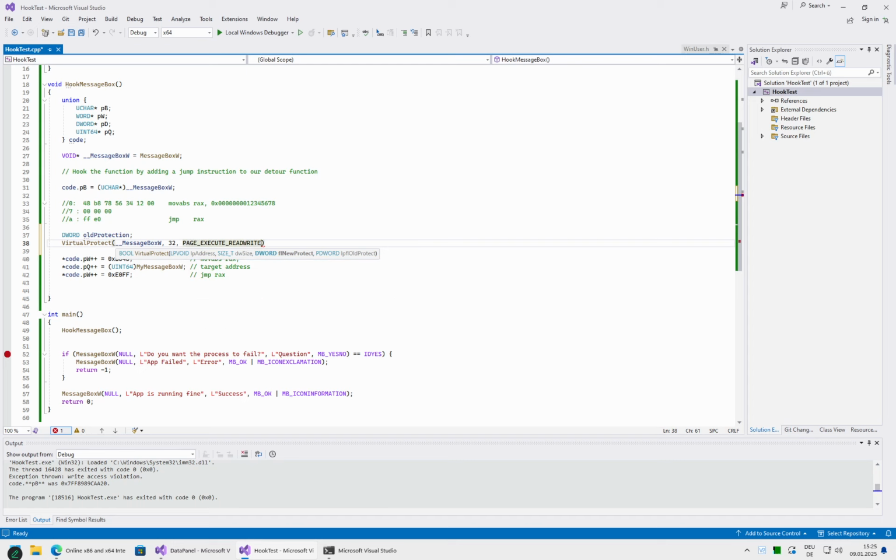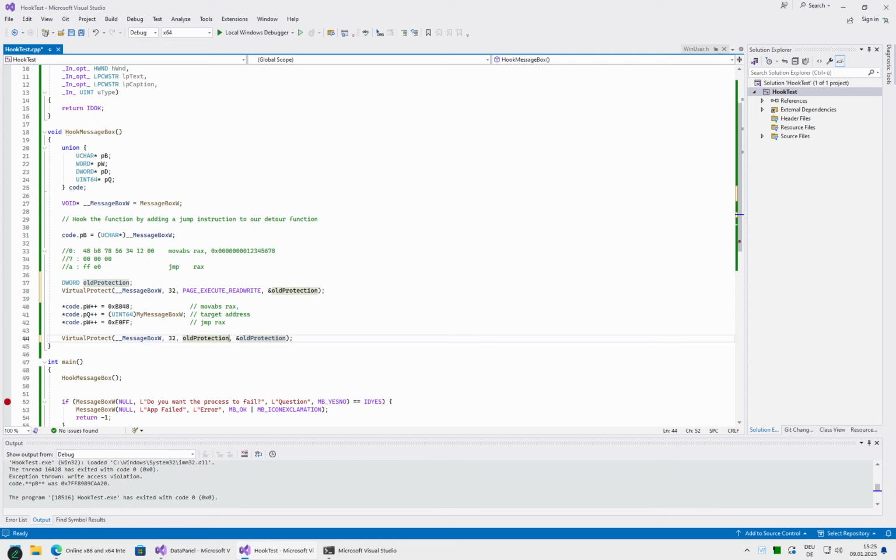Execute read write is not what you would want normally for pretty much anything, because it can be written and it can be executed, which is a potential security risk. So we can save the old protection state into our temporary variable, and later, once we are done with the modifications, we can restore it to the original value so that the system will be